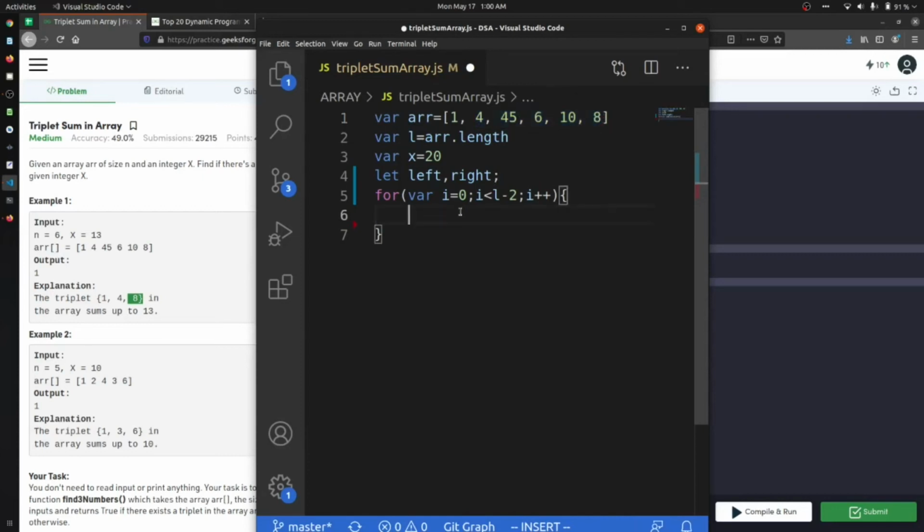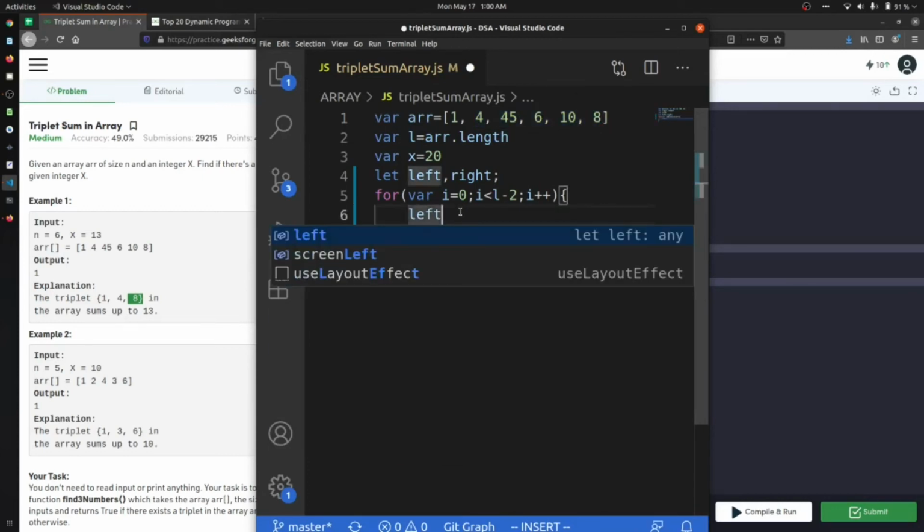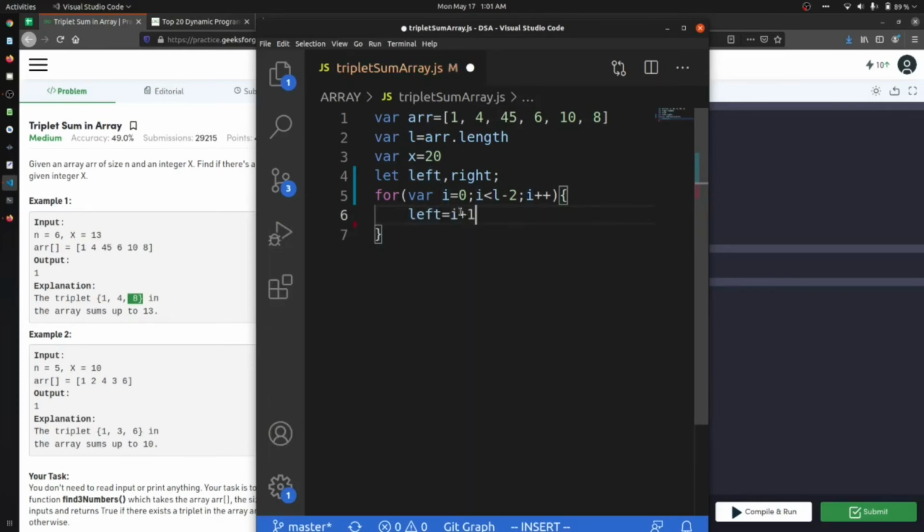We set left equal to i plus 1, and right equal to l minus 1. So now my left is at 4 and right is pointing at 8. And now we will repeat everything till left is less than right.